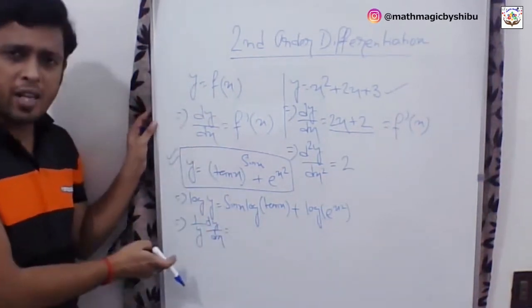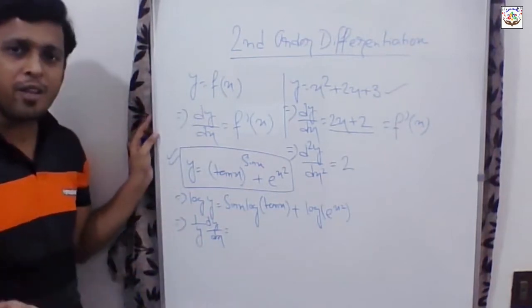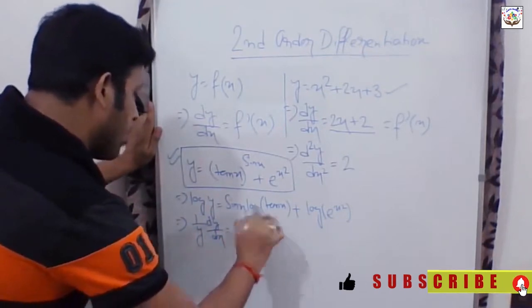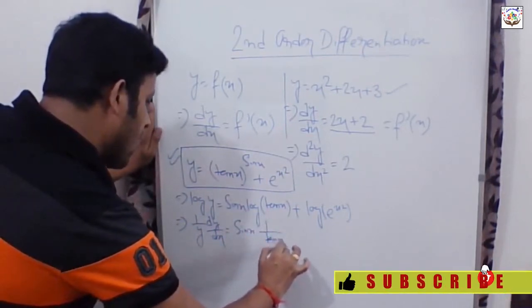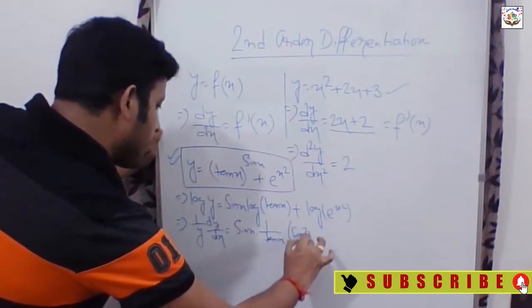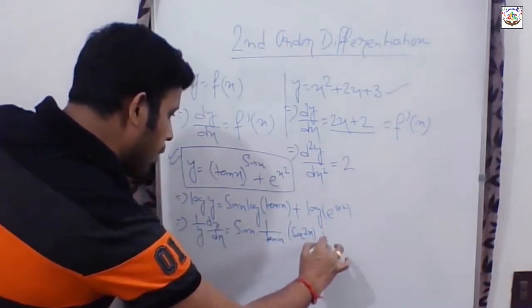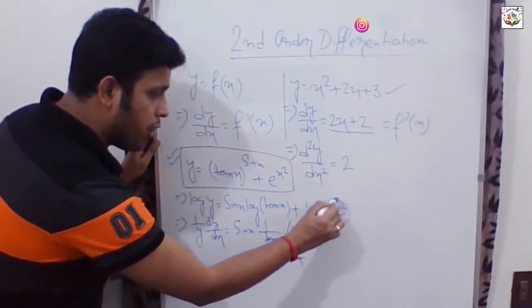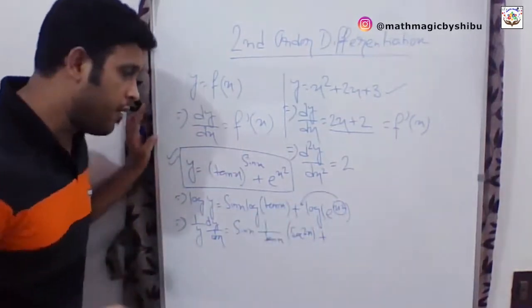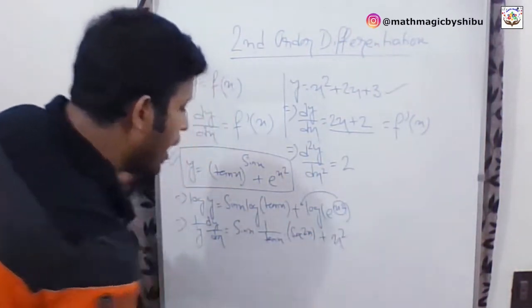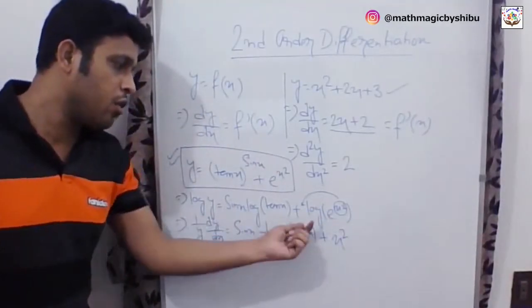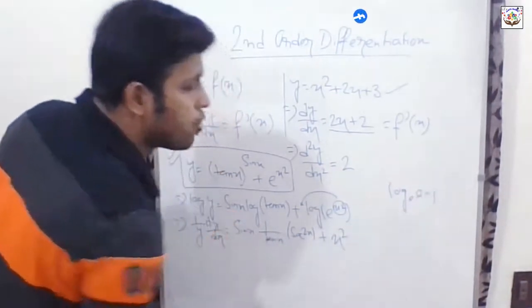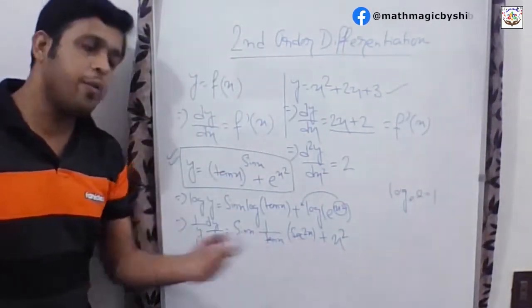I don't think I need to explain it again because I have explained this part in several of my videos. Okay. Now sin x is constant, log 10x means 1 by 10x, and differentiation of 10x will be sec square x. Okay, plus, as we know the base is e, this power x square will be the coefficient, right? So it will be x square only, and as the base is e and e is here, log e to the base e will be equal to 1. So only x square will remain in this part.